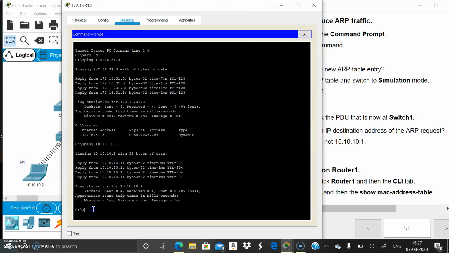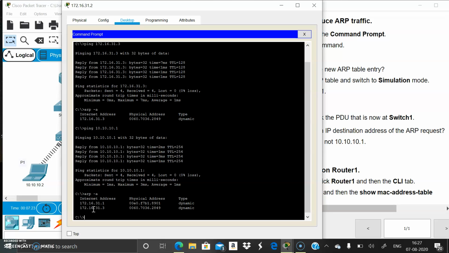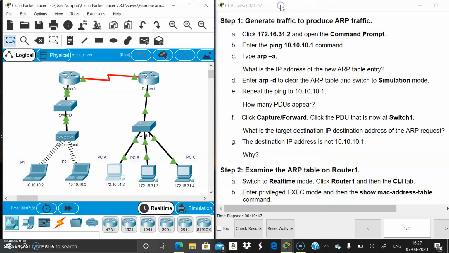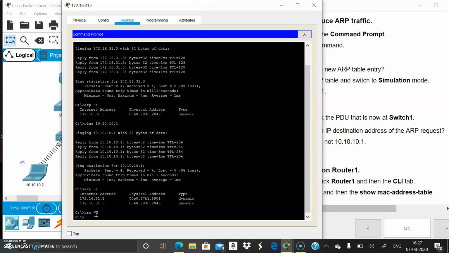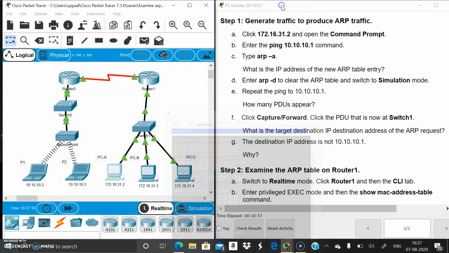We will do that. arp -a. So here these are the MAC addresses and IP addresses. And then we have to clear the table. For that we are using the command arp -d. Then go to the simulation mode and repeat the ping process again.